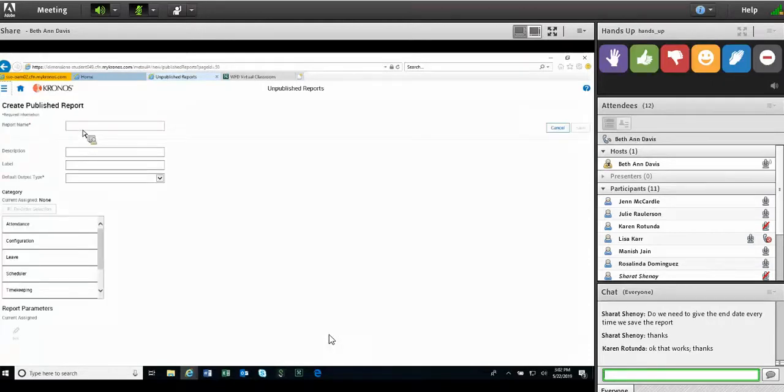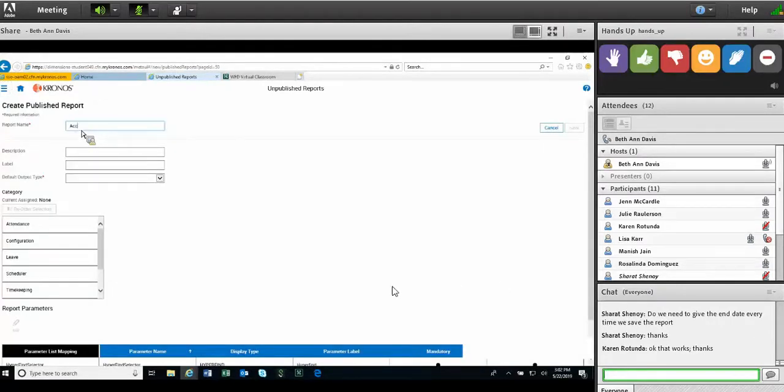And we tell it the name. So mine was just accrual balances right there. Yours might be a little different. That's the report file name that has no spaces, maybe has underscores. And description and label, that's what the end user will see. So this is where we tend to put in the nice label that people will understand better, that looks a little bit nicer overall. So for the label, maybe I want to say